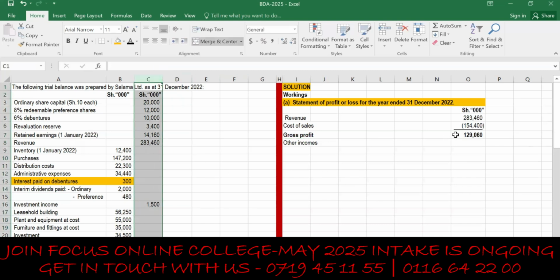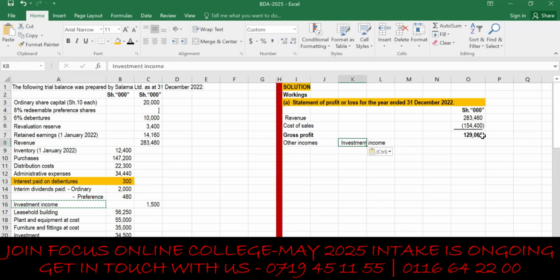I'm saying when checking for the other incomes, we basically check the items appearing on the credit side of the balance. That's where we have our incomes. So the first items are ordinary share capital, 8% redeemable preference shares, debentures, revaluation, retained earnings. None of those items are income. Revenue is an income, but we have already considered that. Down here, you can see investment income. Investment income is part of the other income, so we copy that and bring it here. The amount here is what I add, or basically say it is equal to this one. I transfer it there. Then I will go back